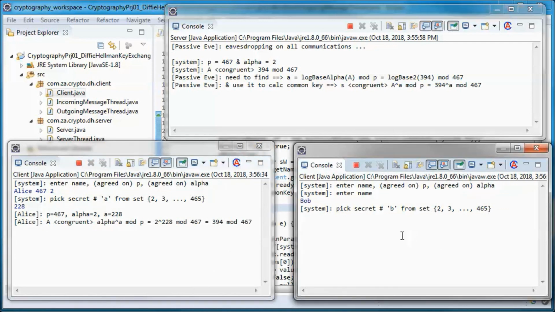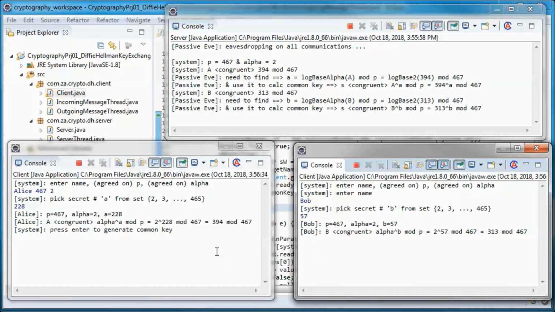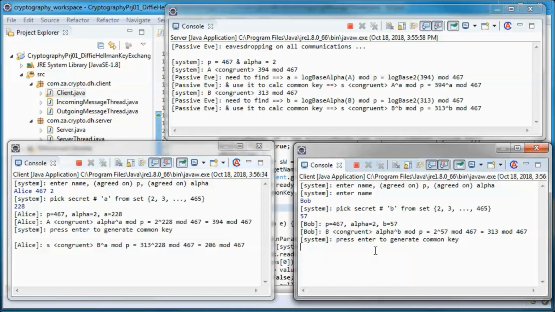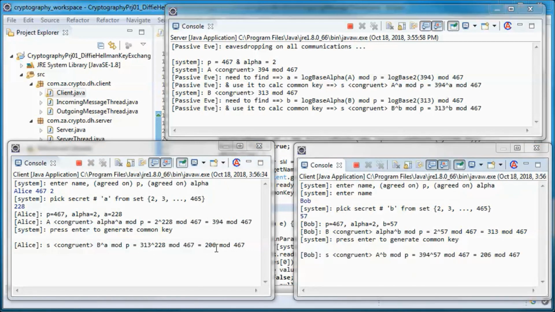And B is 57. So the common key is 206 mod 467.